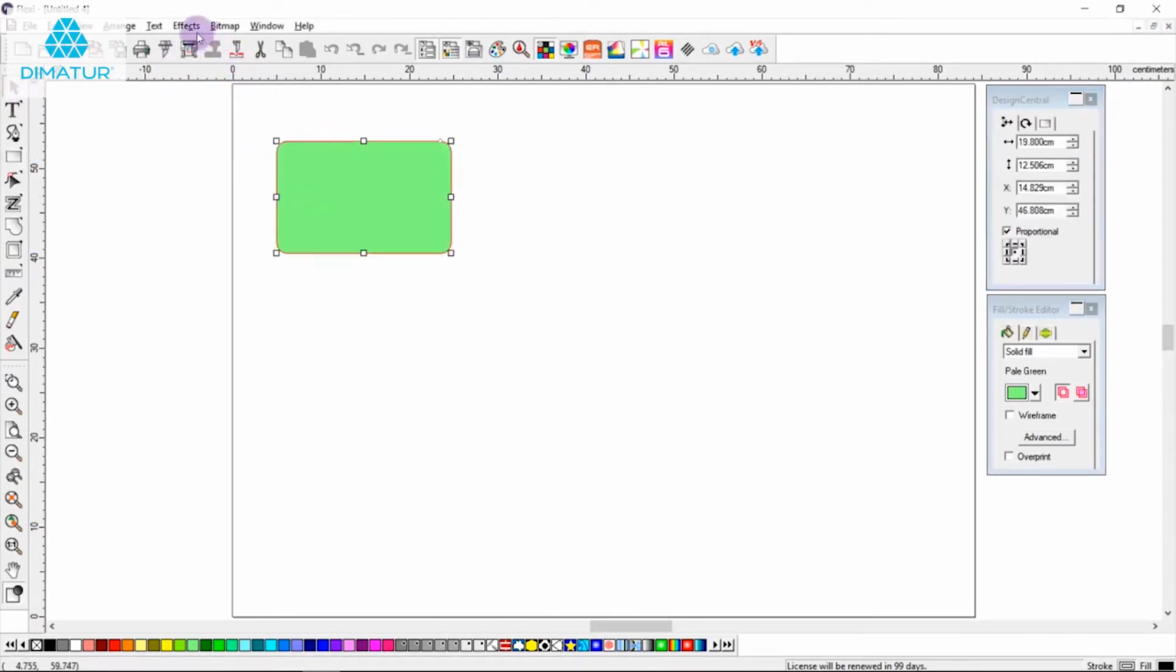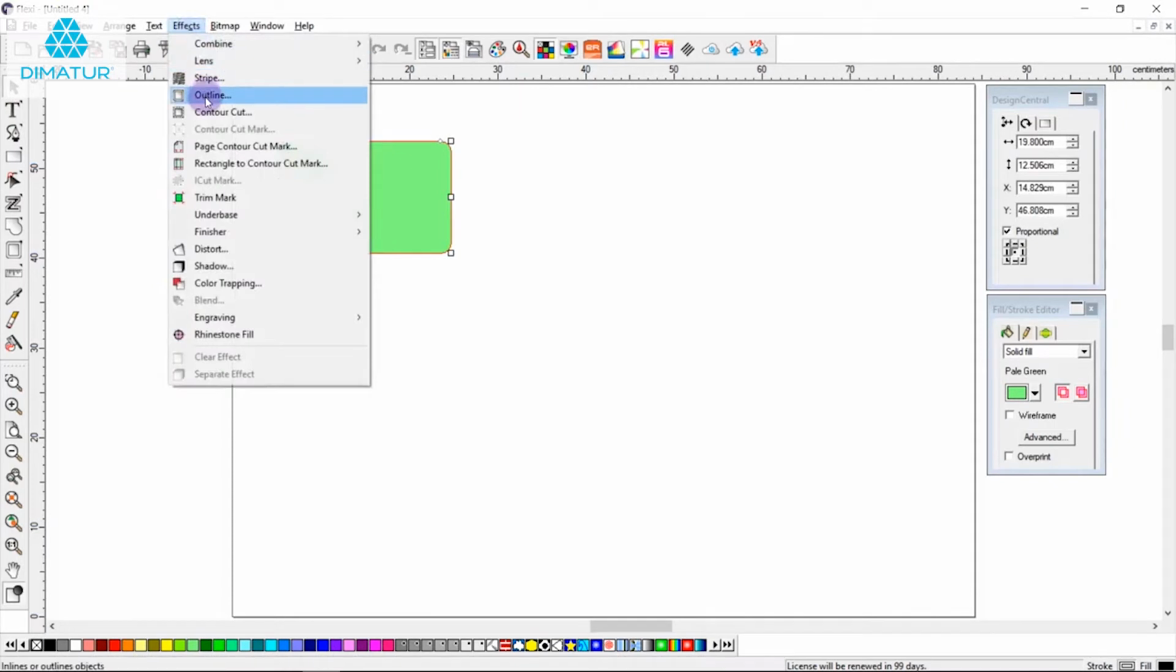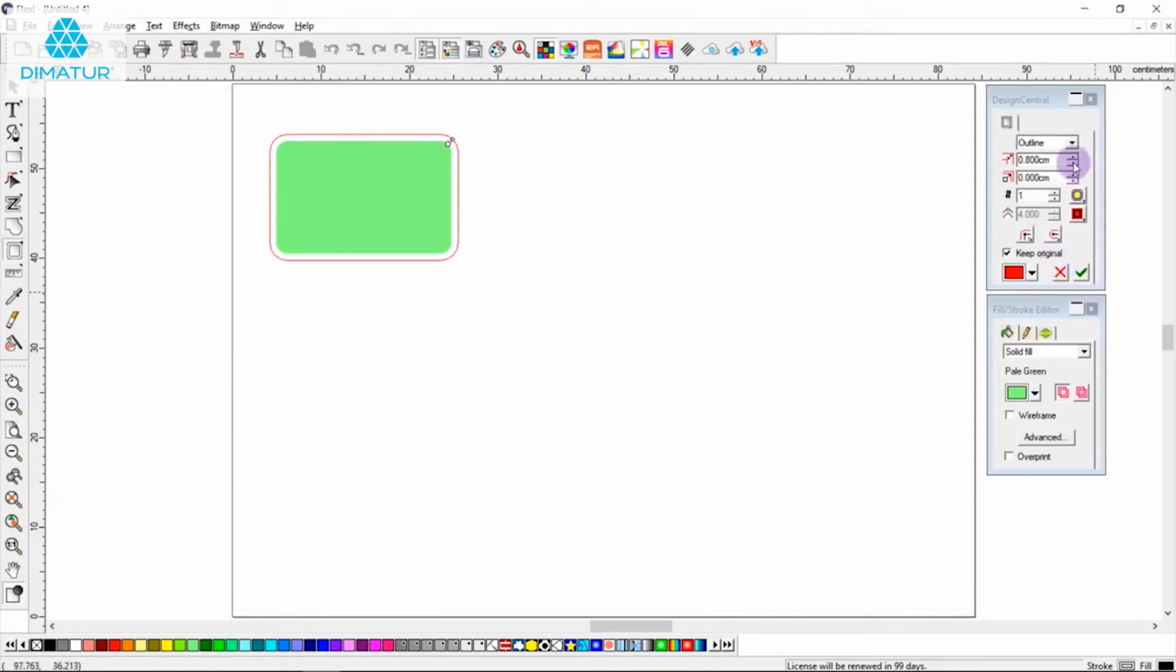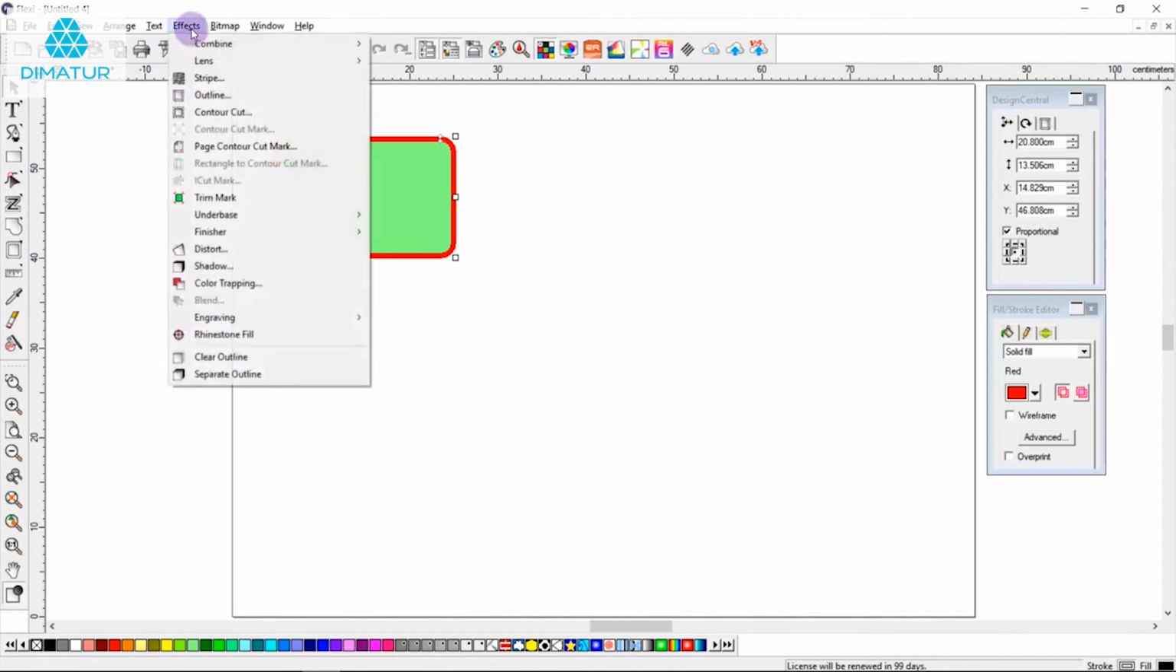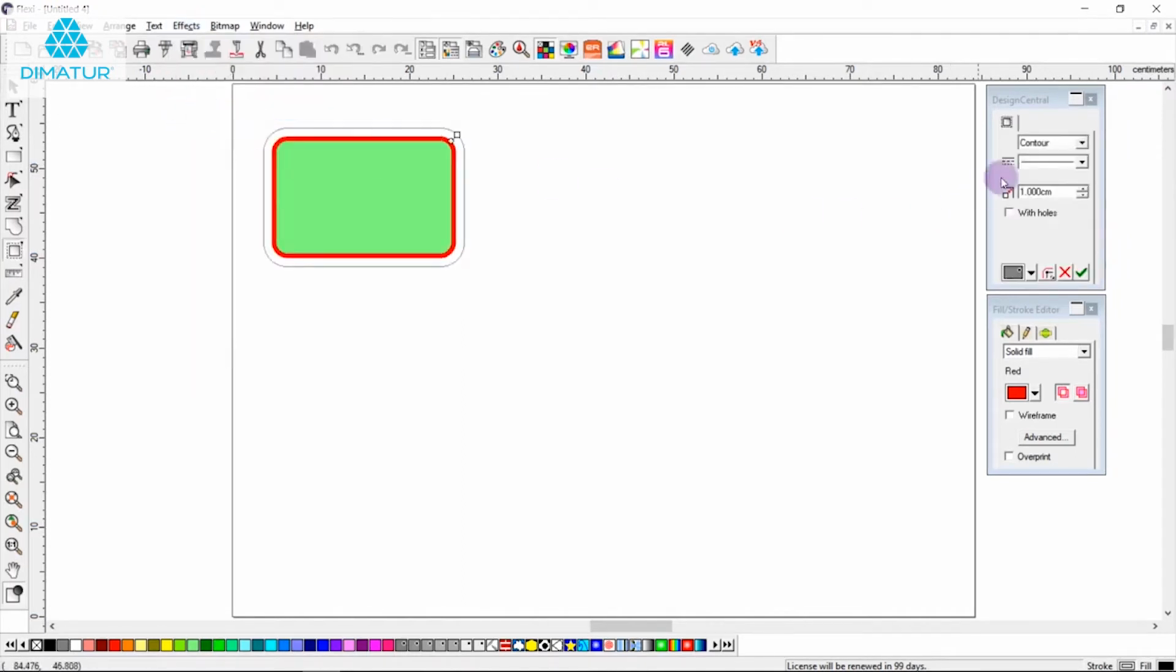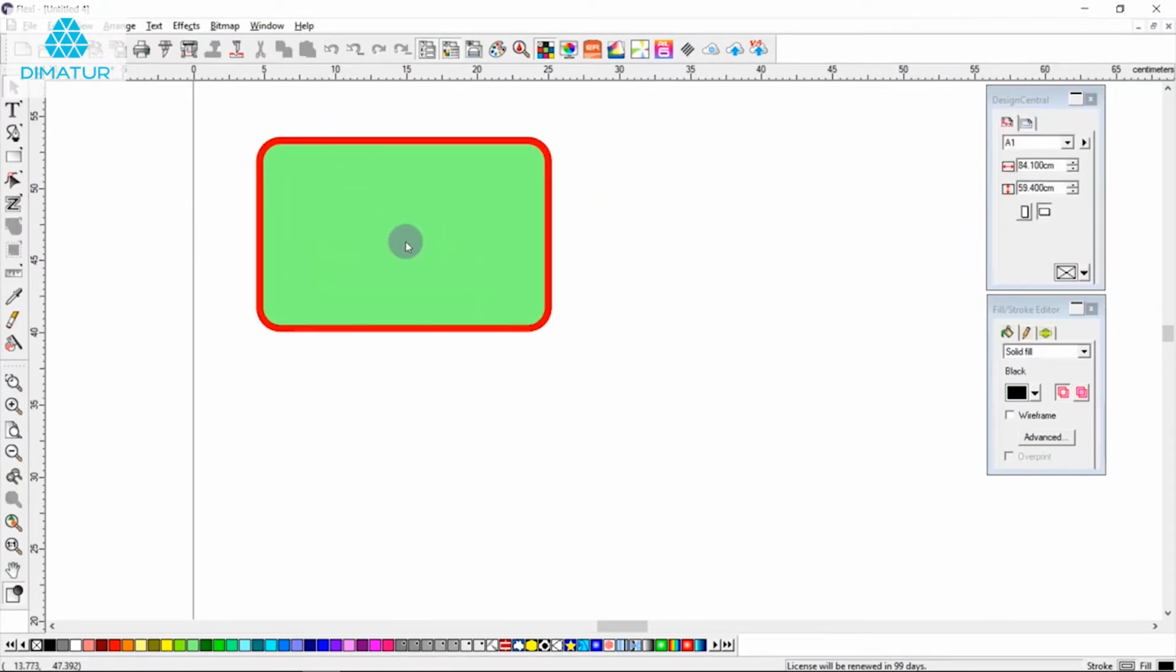And then I'm going to come to the Effects tab, make an outline like this, red is okay. And then I want to print and cut this, so I'm also going to add a cut contour through the Effects and the Cut Contour tab. We're going to make sure it's right on our line, like so. And there we are. So, I'm going to add my text placeholder, an A,